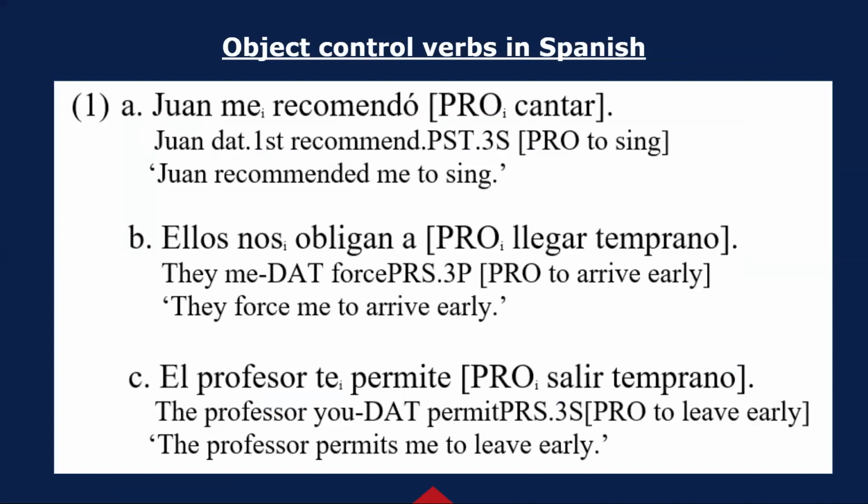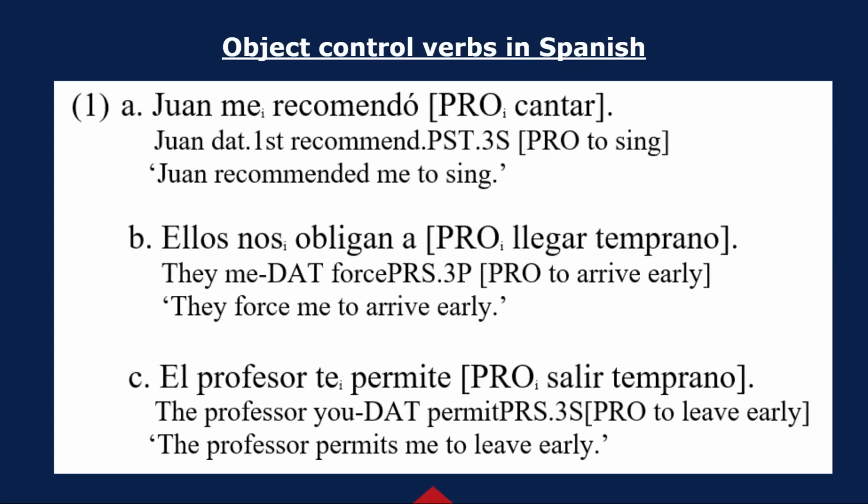For most of the syntactic analyses, the verb permitir is considered an object control verb, such as recomendar, sugerir, and obligar, in English to recommend, to suggest, and to force. These object control verbs take an infinitive embedded verb, and its subject, which is big PRO, thus co-refers with the indirect object of the matrix sentence, as we can see in number 1. In examples number 1, the indirect objects of the matrix sentence me, nos, and te are the antecedents of the